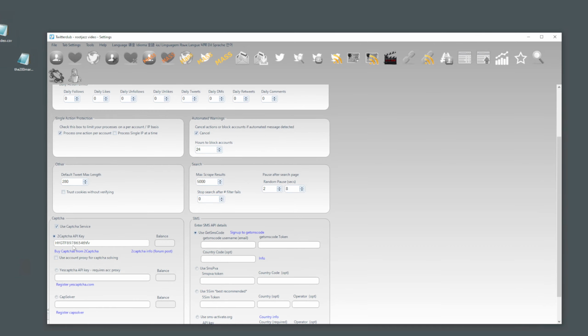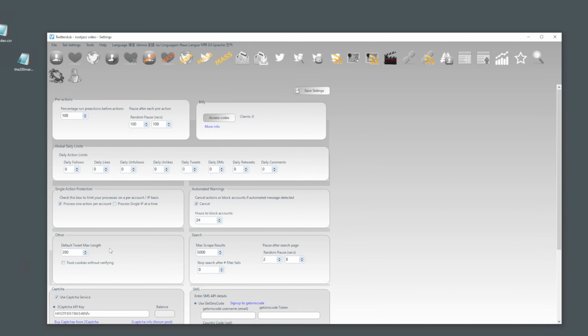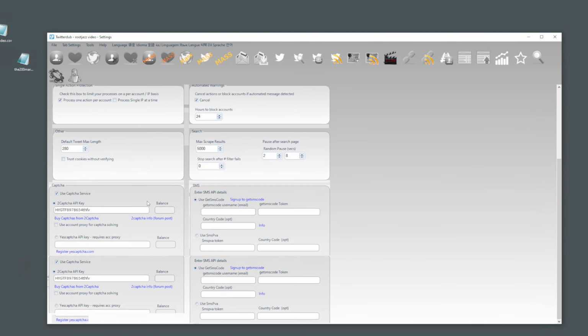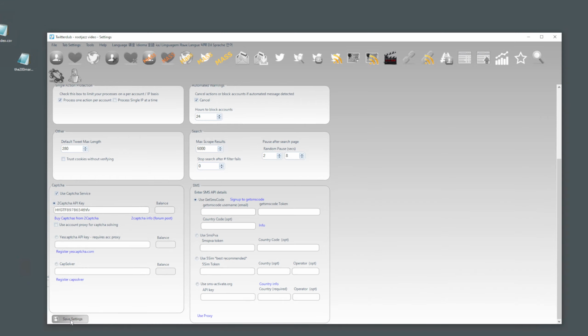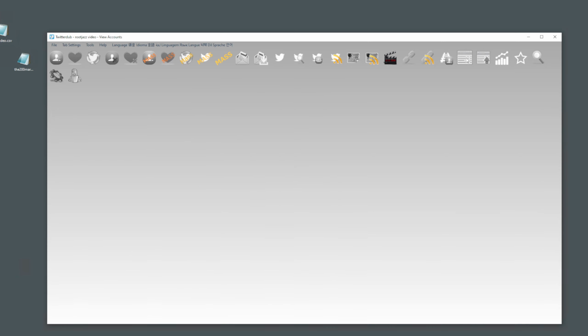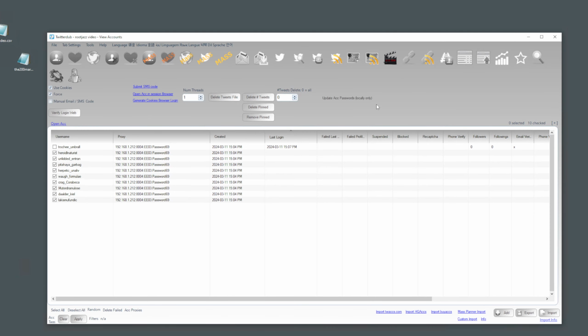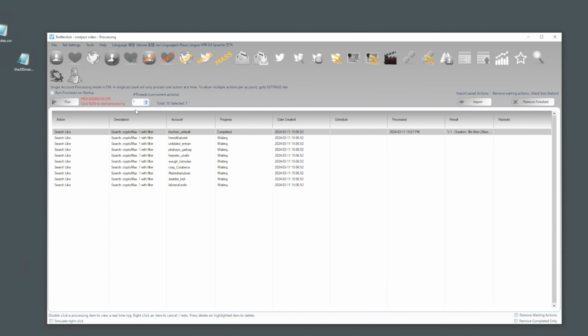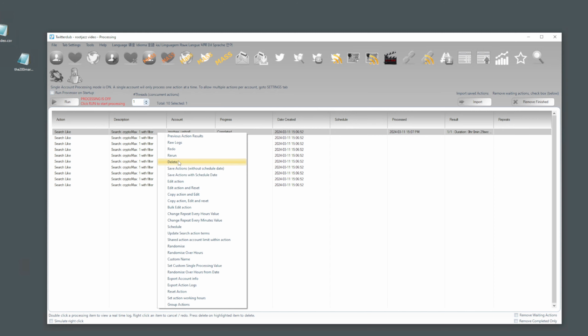So add in a captcha key. I'm probably saying that wrong, but hey. Go down to the bottom, hit save settings. And really that's it. So coming back to this, we're going to delete that one because we no longer need